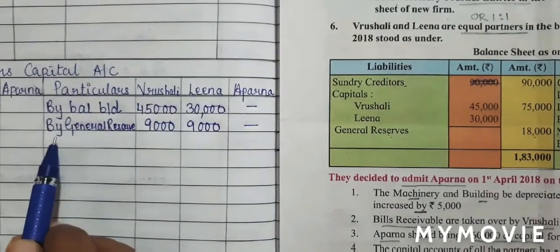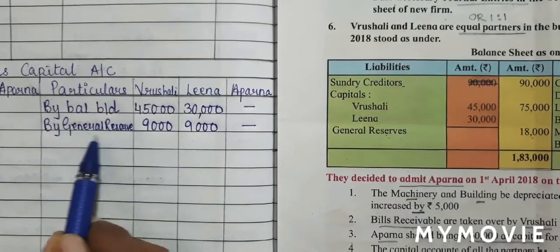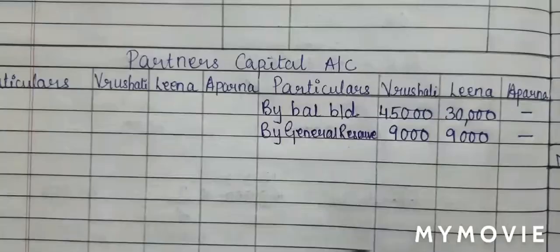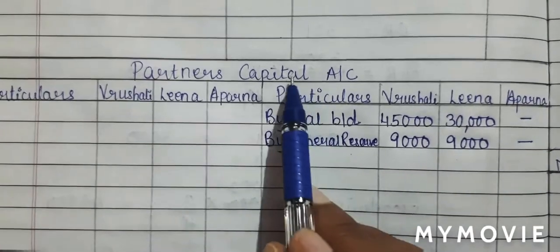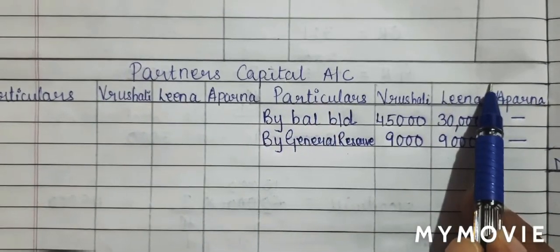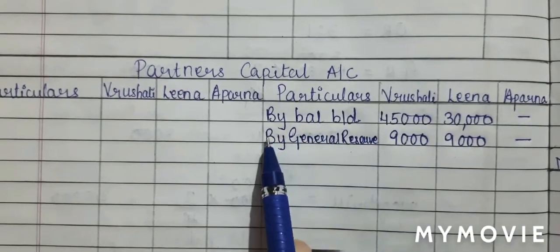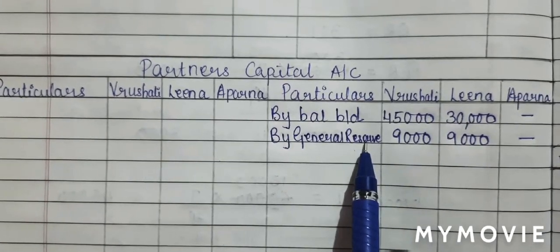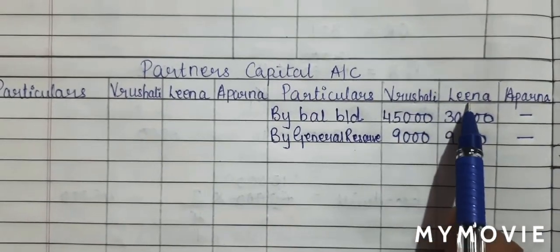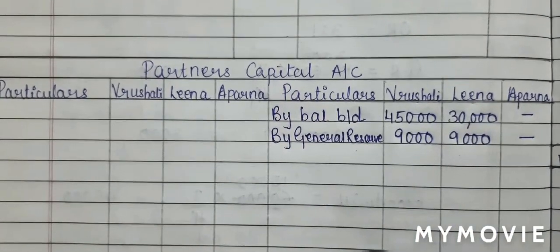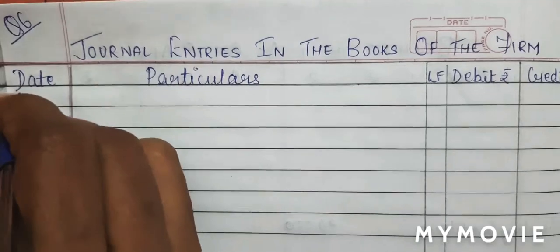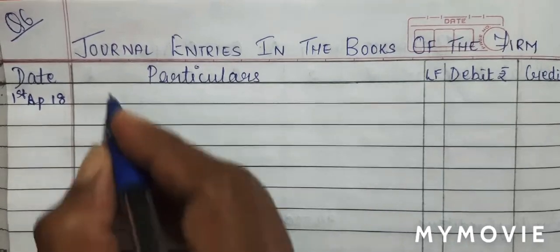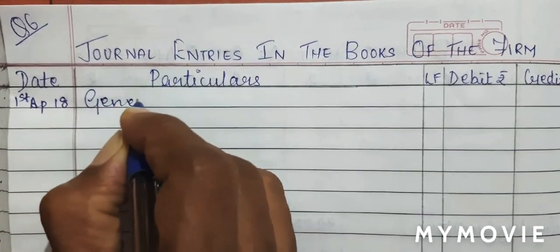Now students, this is our transferring stage. So we will have journal entry for accumulated profits and losses. So let's write the journal for this. So our journal entry will be partner is credit. If partner is credit, general reserve account will become debit. So our entry will be general reserve account debit to Vrushali capital and to Leena capital. Let's write this in our journal. So the date will be 1st April 18, the day the new partner was admitted. Our first journal entry will be general